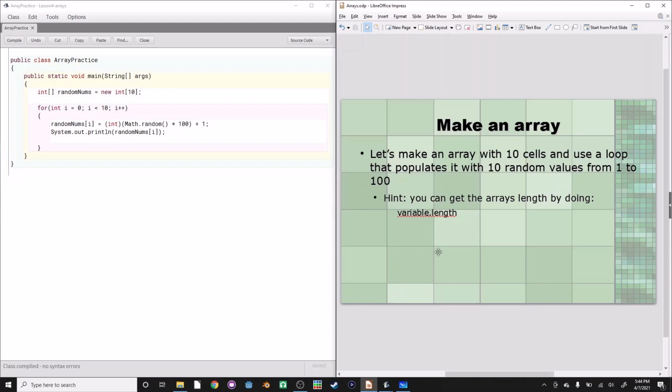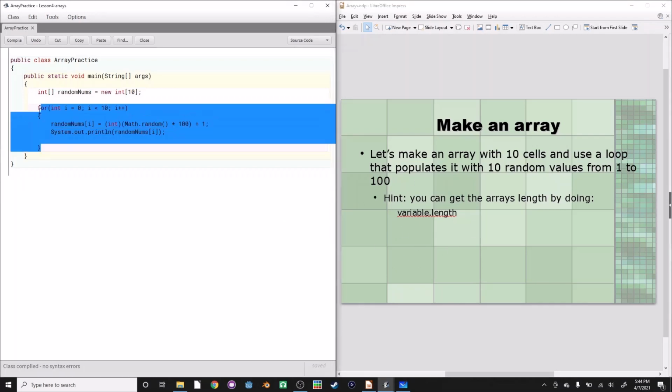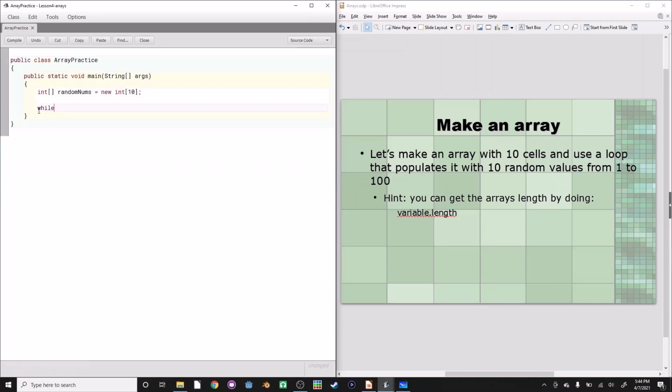All right, so the hint I gave here was variable.length. So let's try this using a while loop. So let's do while random nums less than random,